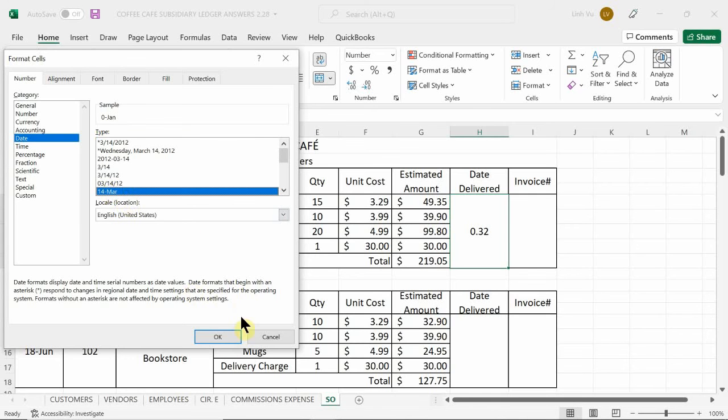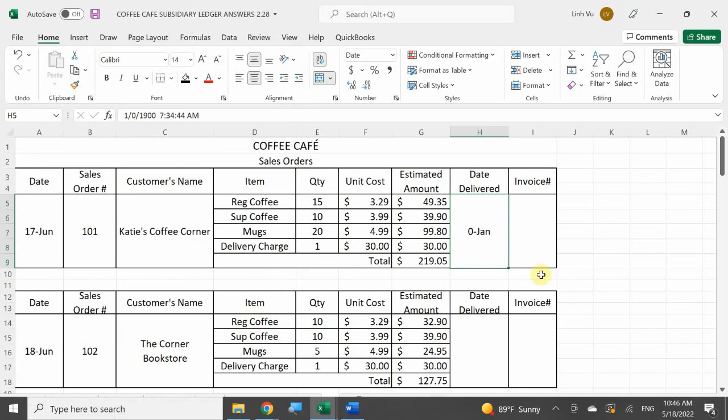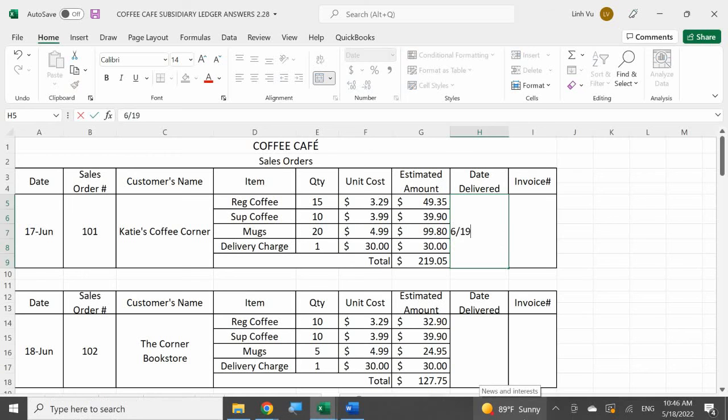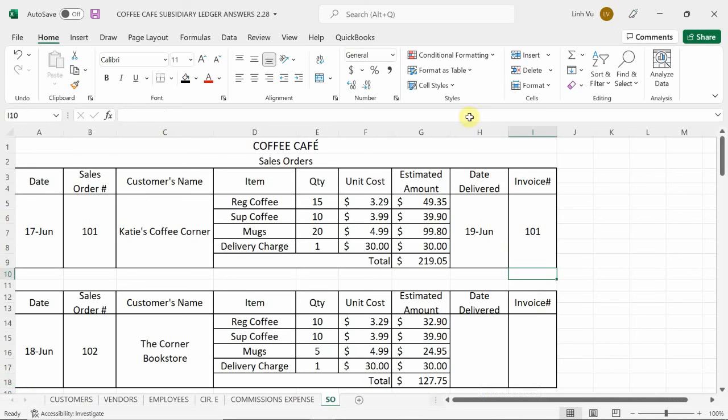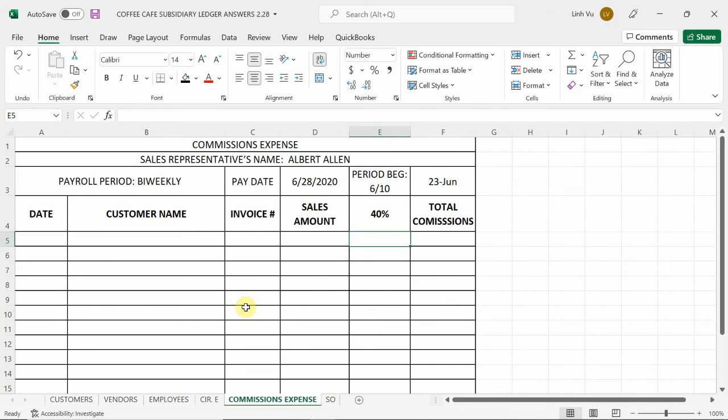Okay, there you go. Date, which was June 19. And what invoice number did I associate it with? 101. Okay, so now that I check mark that the sales order has been completed, I also need to calculate, because Albert completed his task,